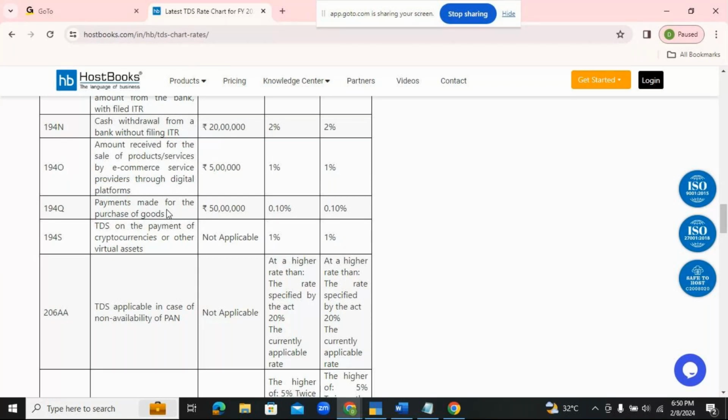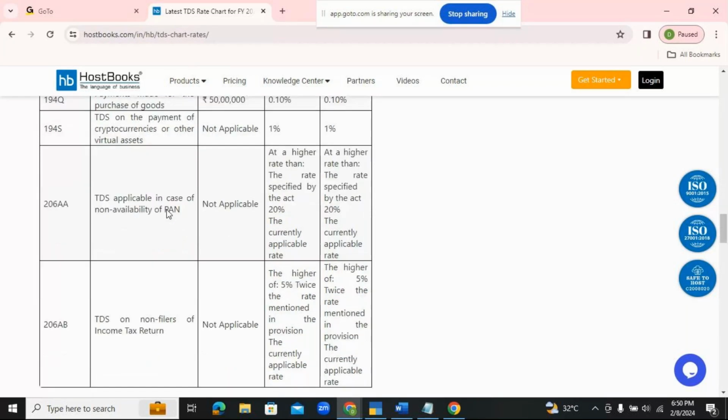If you have sold any products or provided any services online through an e-commerce operator, up to 5 lakh, no problem. Beyond 5 lakh and above, 1% TDS will be applicable. Suppose there is any purchase of goods, up to 50 lakh, no TDS, 50 lakh and above 0.1% TDS. Then TDS on payment of cryptocurrencies or other virtual assets, 1% TDS,